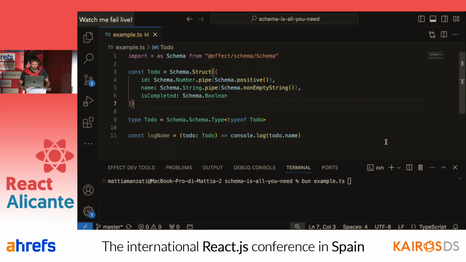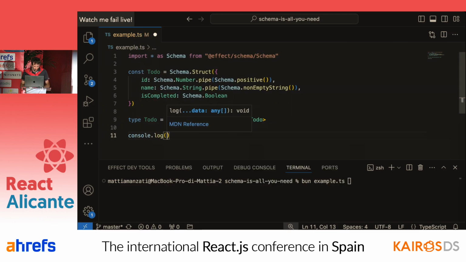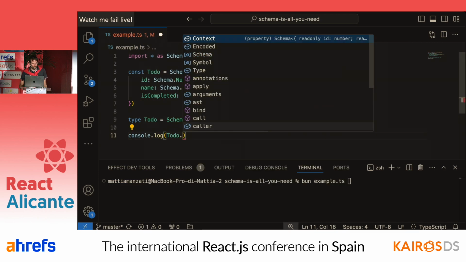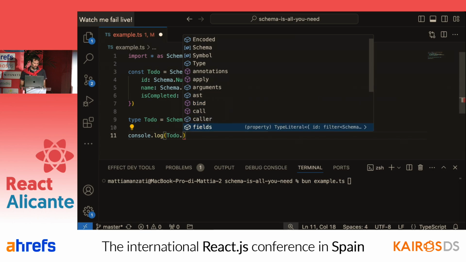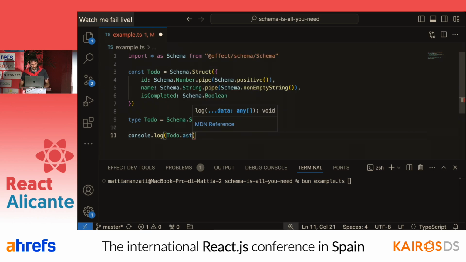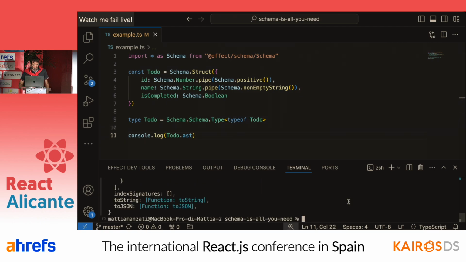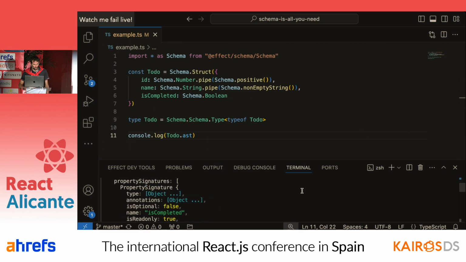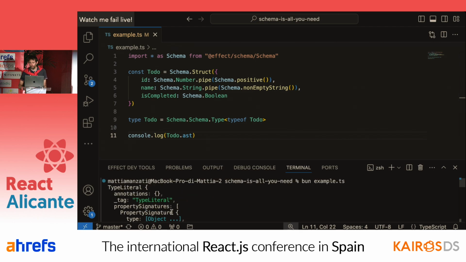What's the difference? Well, let's try to console.log our to-do and see what we have here. Well, we don't have much here. The only interesting thing we have here is our AST. And if we try to run this, you will see that it will log exactly something like we have in TypeScript.